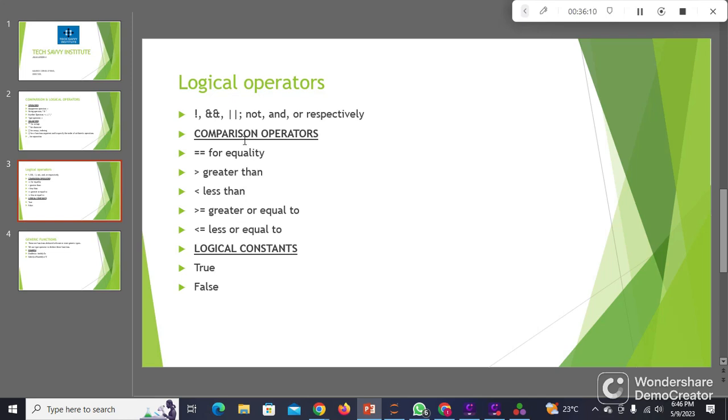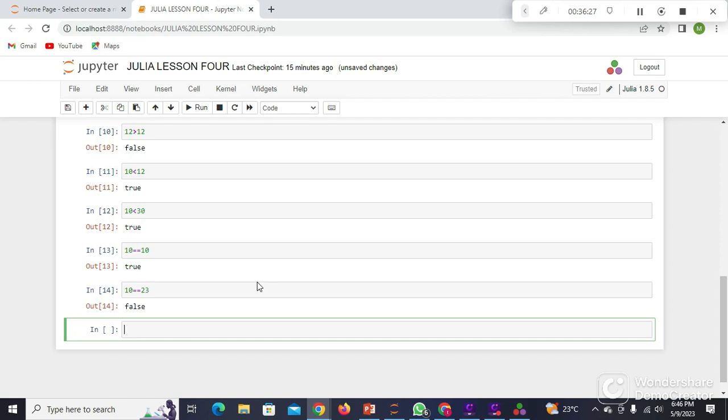Now, after knowing these comparison operators and the logical constants, let us go back to the exclamation operator, the and operator, and the parallel operator. Let us start with the exclamation one. This exclamation symbol, when you use it with logic, means the opposite of the truth. For example, if you write true